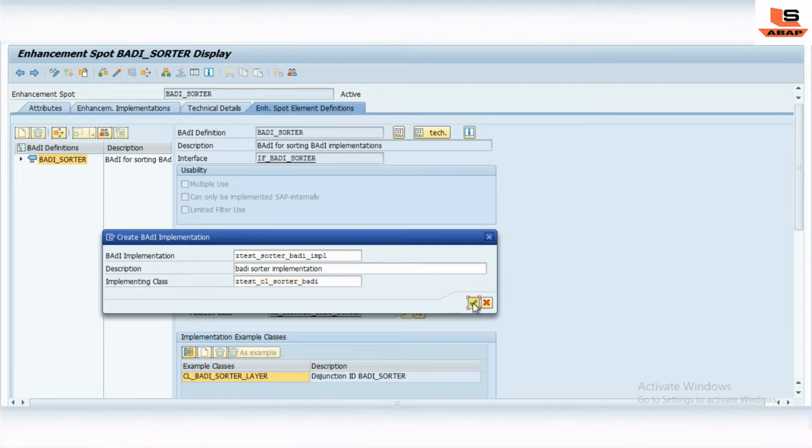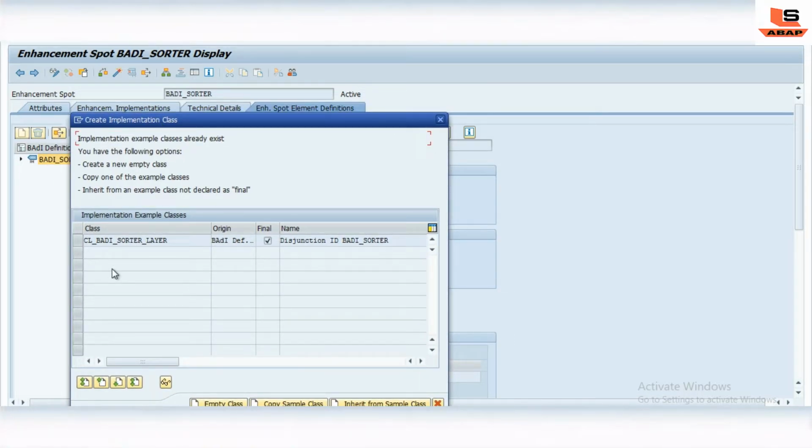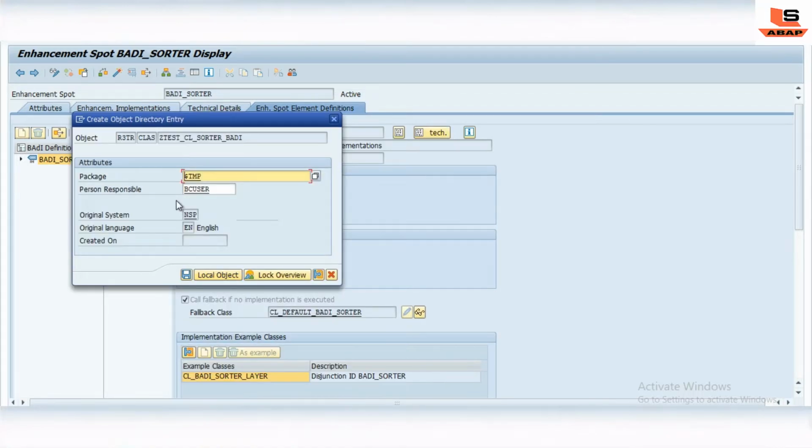Click on OK. Then it will display one pop-up. We have to select this class and create the copy sample class. It will just inherit all the attributes, methods and interface from this class, and we will click on local object.